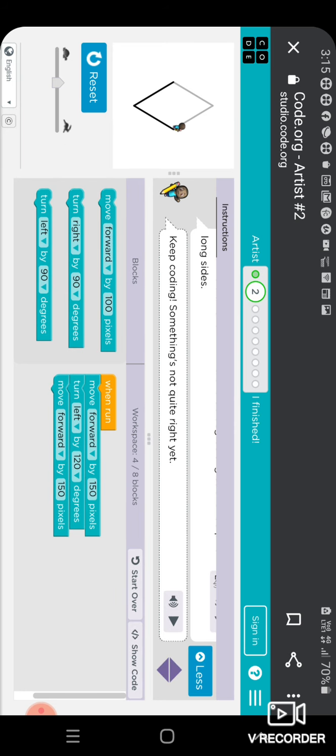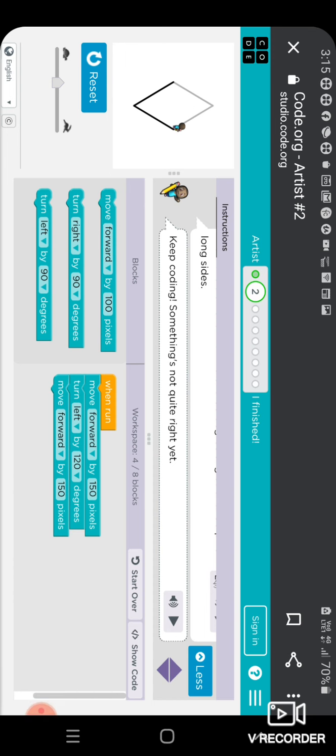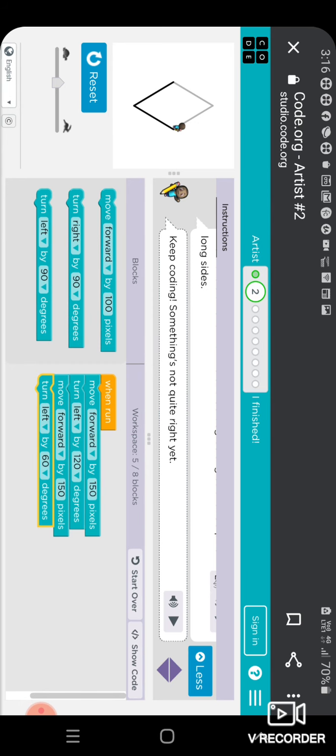Okay, now we are required to turn. Look here, we have to turn here, this is the 60 degree angle. So turn left with a 60 degree angle and then move forward 150 pixels.